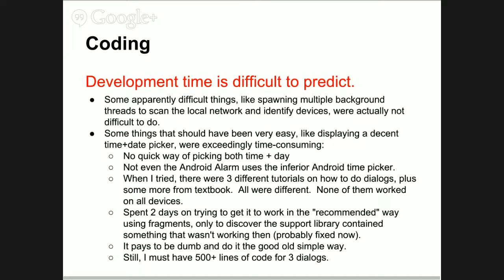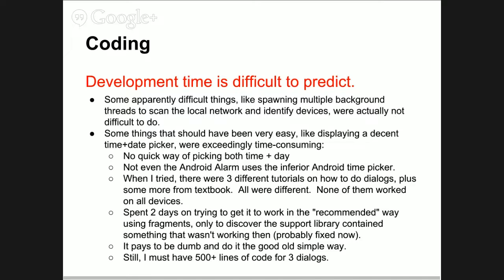I found it also very difficult to predict, compared to other things, the development time. Because I think now the situation is better in some ways. It's better because there was a very big divide between Android 2.3 and Android 4. If you now develop mostly for Android 4 and later, the development is more uniform, okay? I run into incredible trouble sometimes trying to straddle the two.